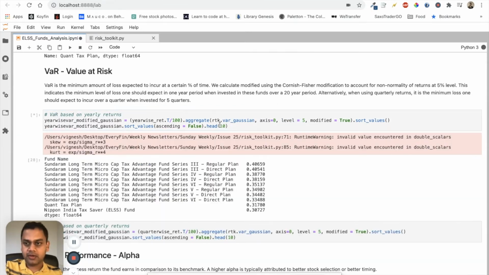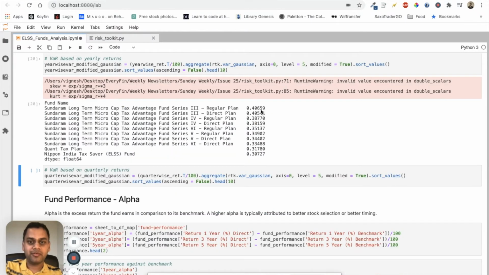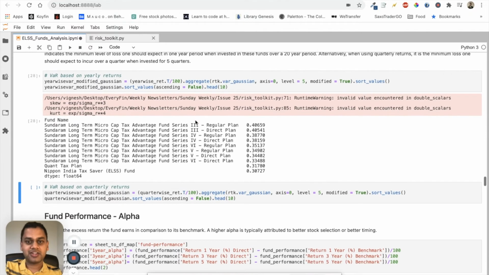So let's do that with yearly data. The minimum loss you should expect to get from this particular fund over any 1 year period is about 40%. I mean, you will obviously make money over the vast majority of the time, but this is the 5% to the left of the curve that you should expect. It's a bit of a complicated interpretation. I struggle with it myself, but